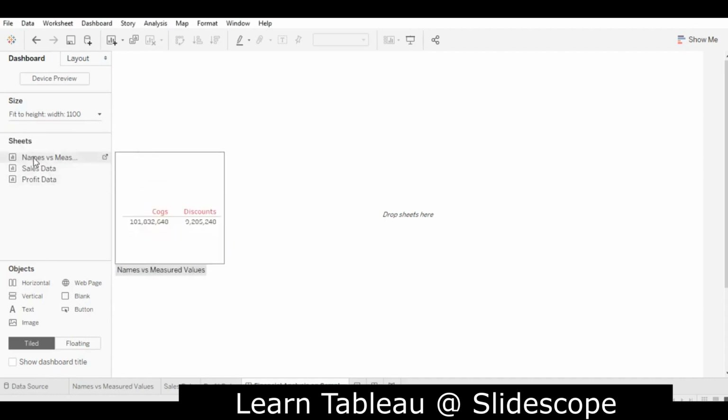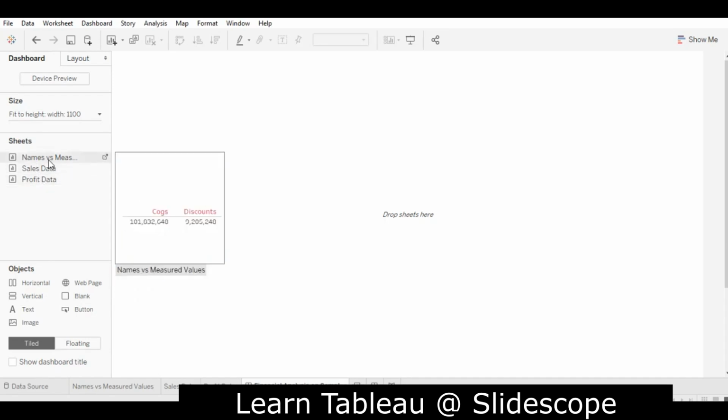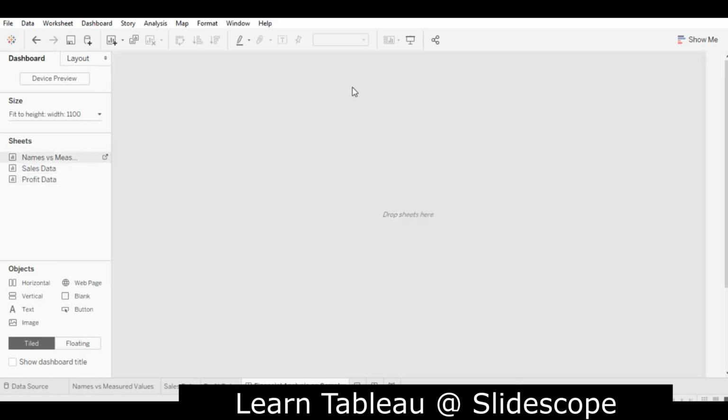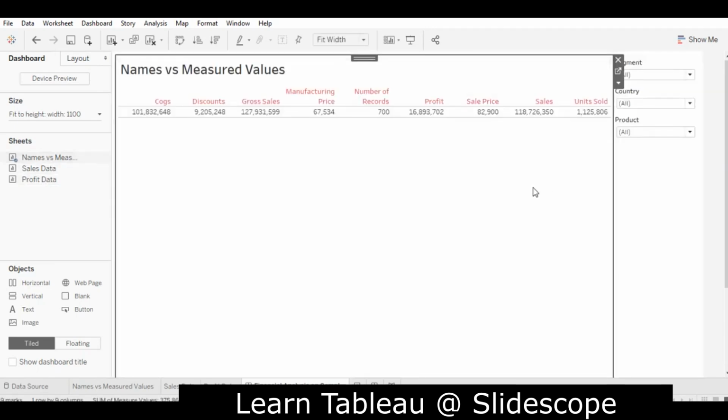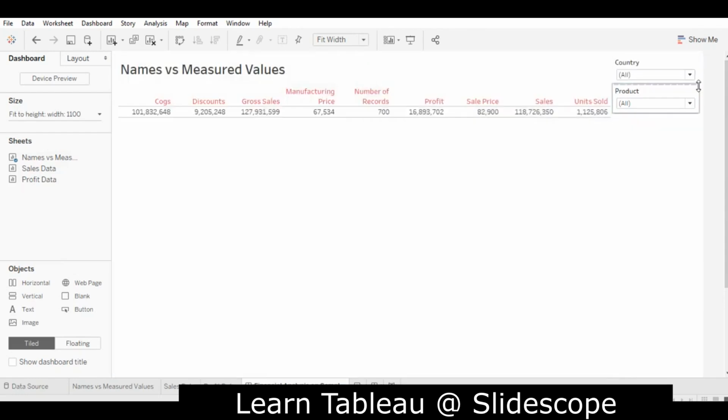Now after doing this, after creating your layout, we have three sheets here. We have to drag these sheets one by one. First we have to drag the names sheet, where we have all the values. So we have dragged the names sheet here. And in the names sheet, you can see here you can see filter, right? And here you can see the name or measured value, right? Now you can also drag this to anywhere. You can drag this to, let's say here,